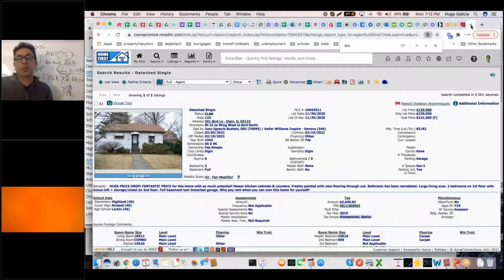And obviously you need to understand the scope of work. Ideally, you do light to medium rehabs, less than 50,000. This is by far very rare, okay? When you find a cosmetic rehab, it's just a home run deal, okay? And then if you need funding,